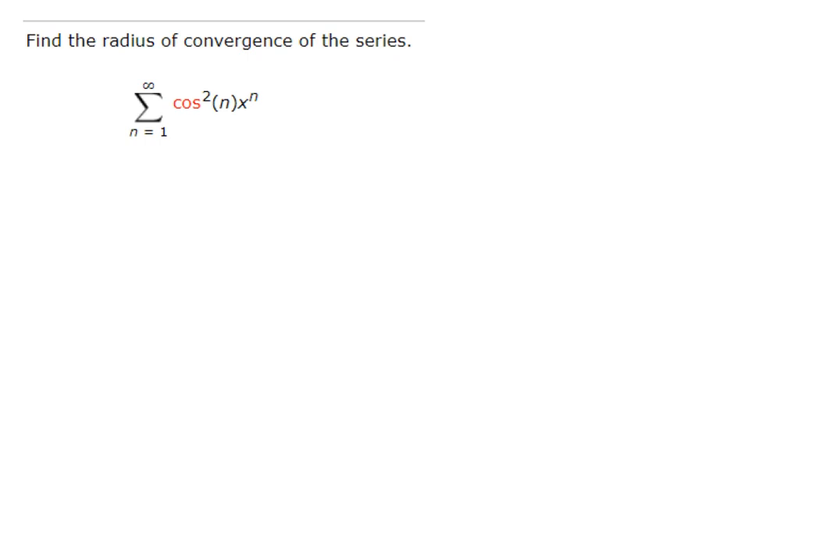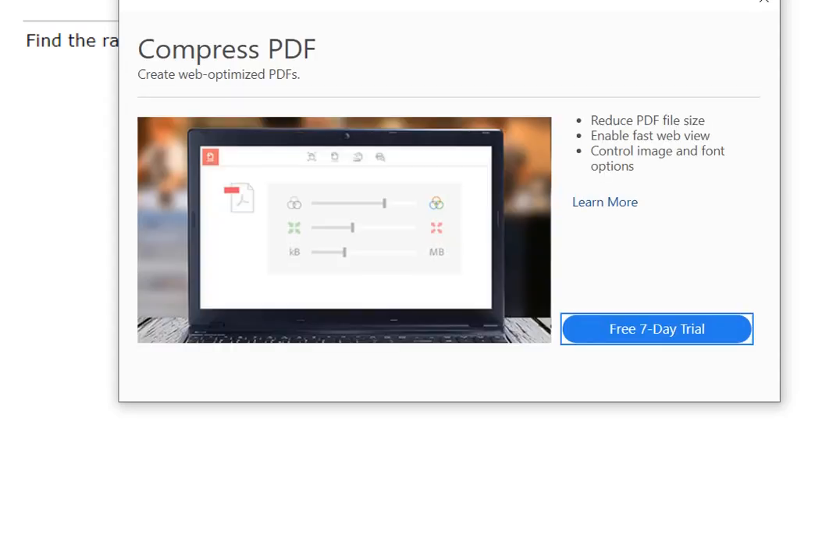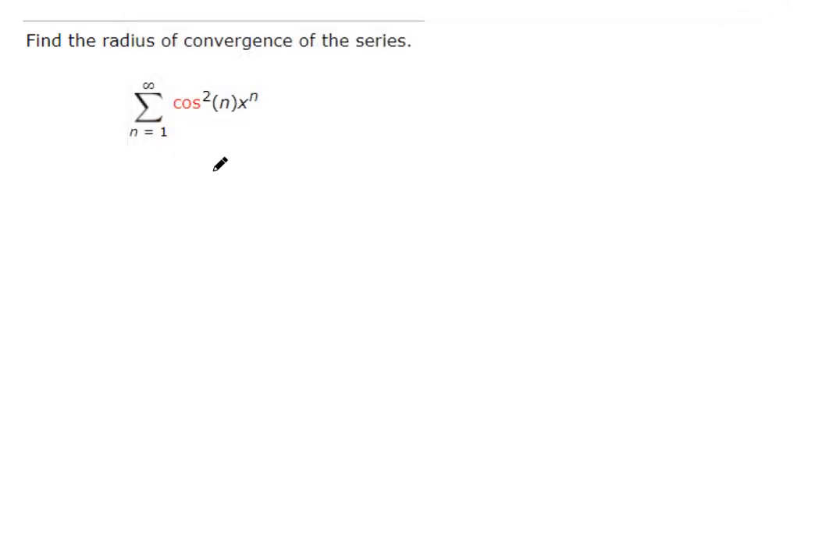Let's do what we usually do with these problems. When we're trying to find a radius or interval of convergence, we want to use the ratio or the root test. So if we skip ahead a little bit and evaluate the limit as n goes to infinity for the